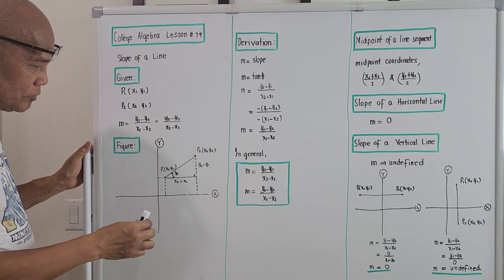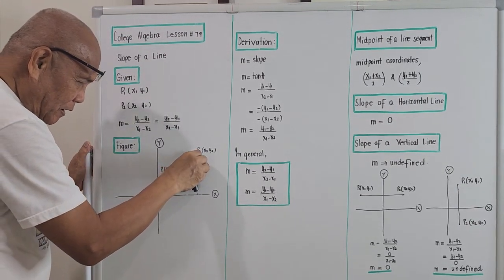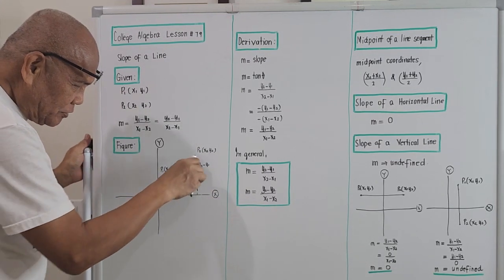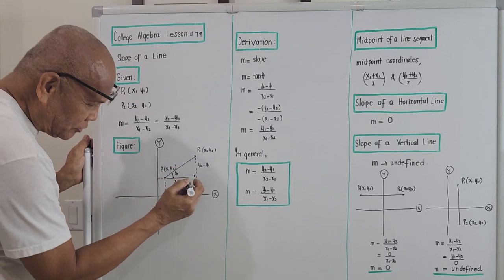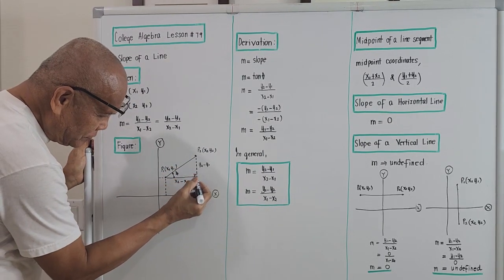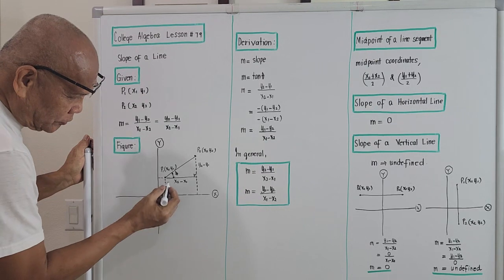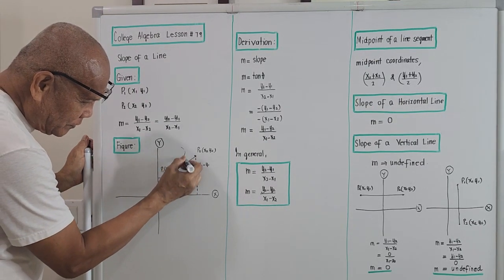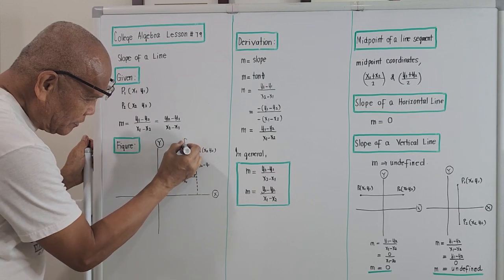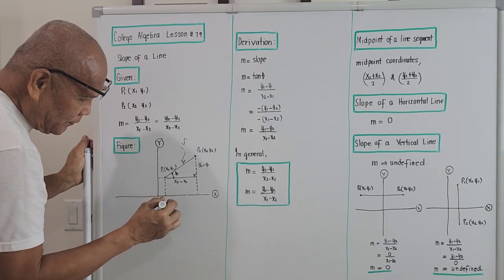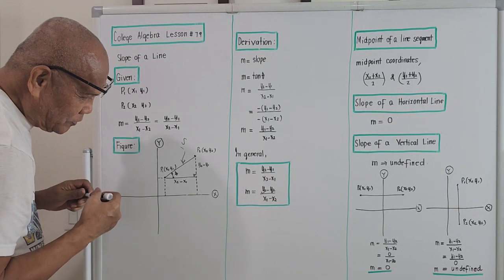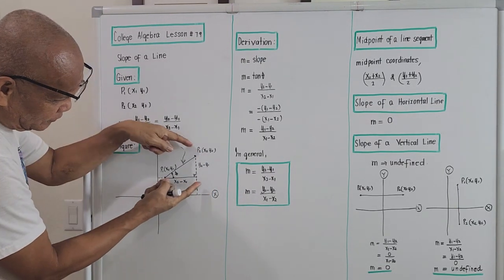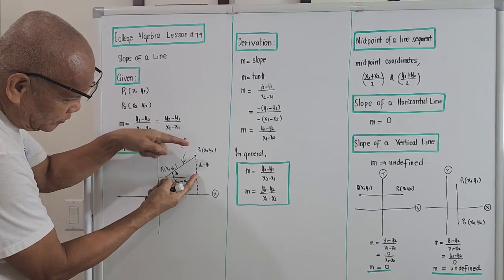If we try to draw a vertical line and a horizontal line here, this is vertical, this is horizontal, so this should be a 90-degree angle. So to take the slope of the segment, this is the segment, right? You have to take the ratio of this portion here over this portion,